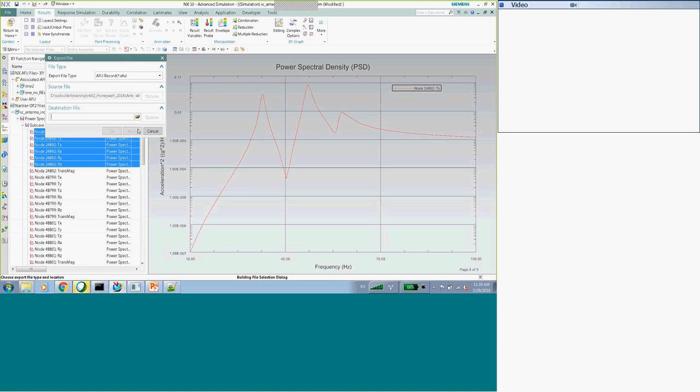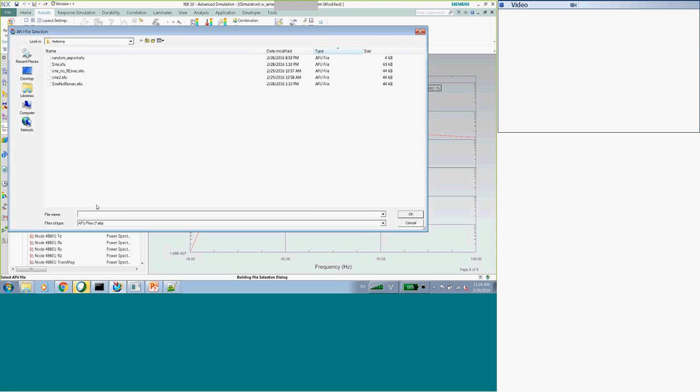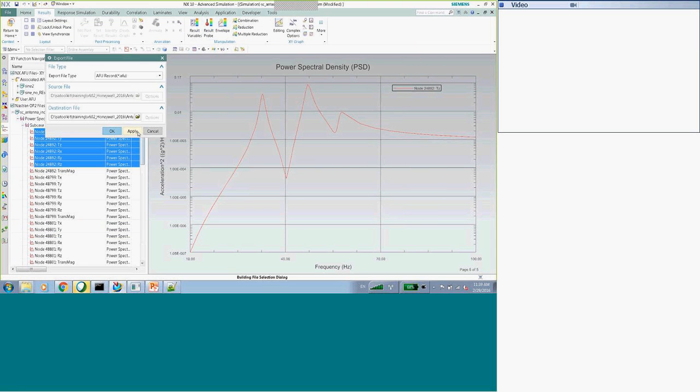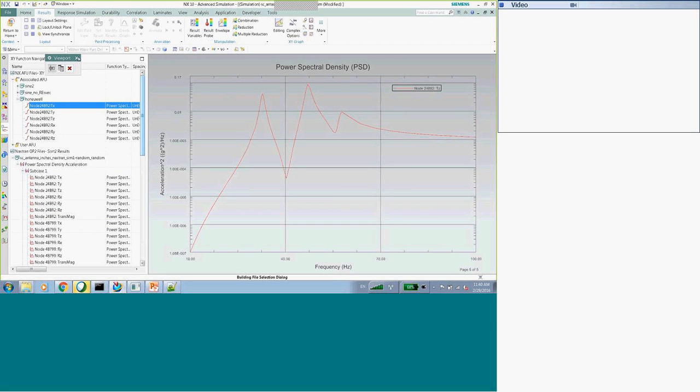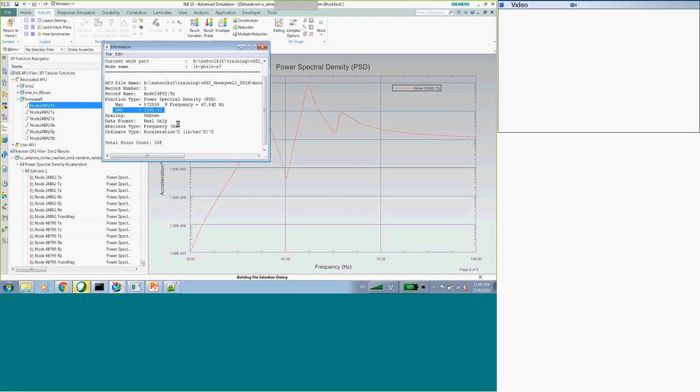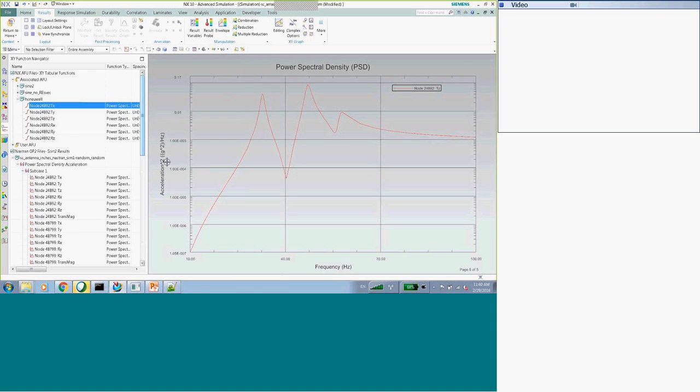If I pick these here, I must have the wrong folder. Antenna. Okay. Right. Then once in AFU, for some reason, I can click it, go information, and you'll see the options appear. Okay, so you can't do the plots in NX. It's just that you have to convert the plots. You have to take them from the OP2 file and generate records of them.